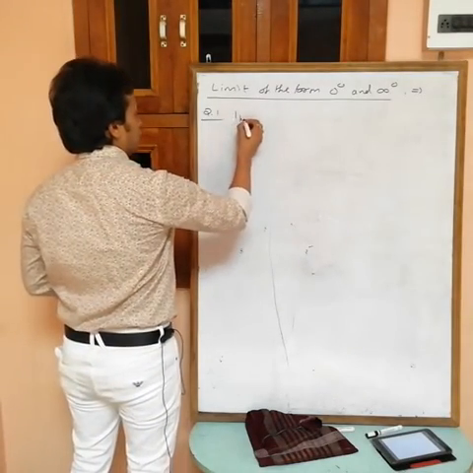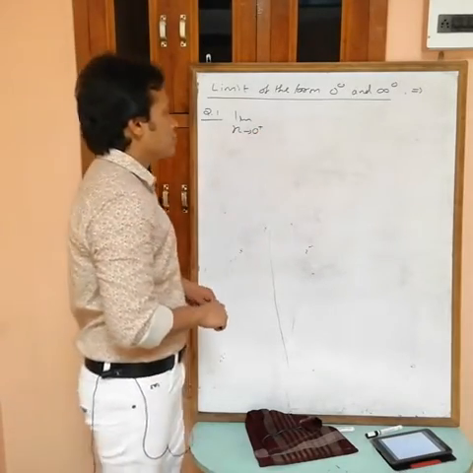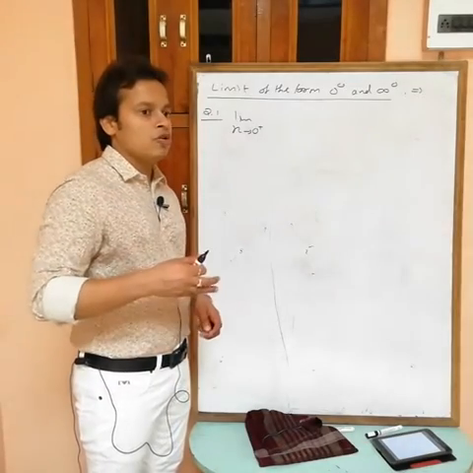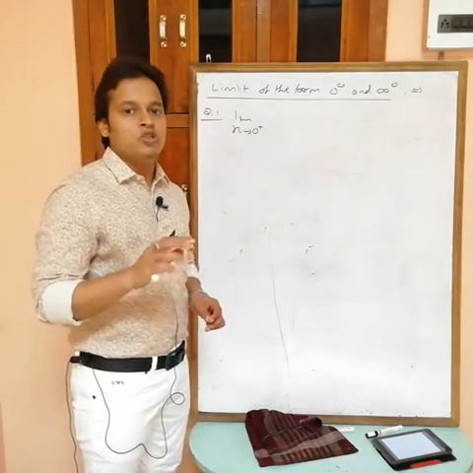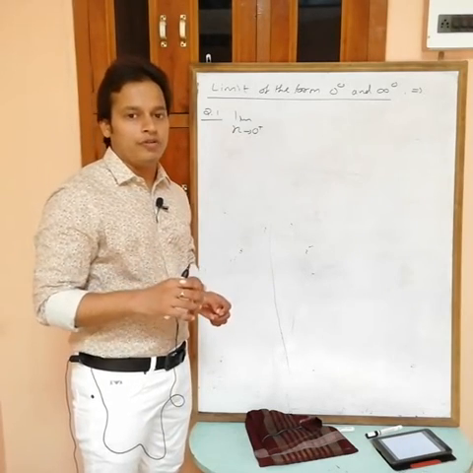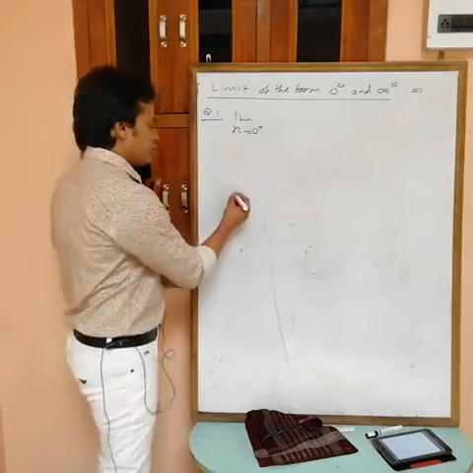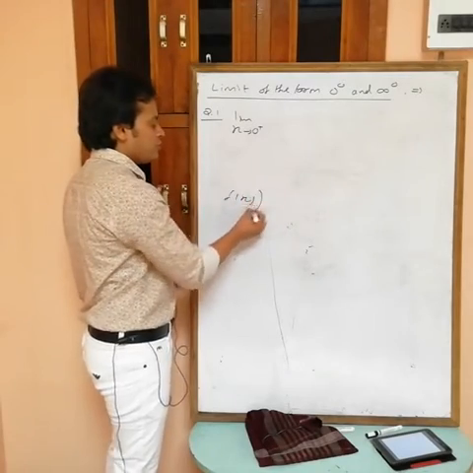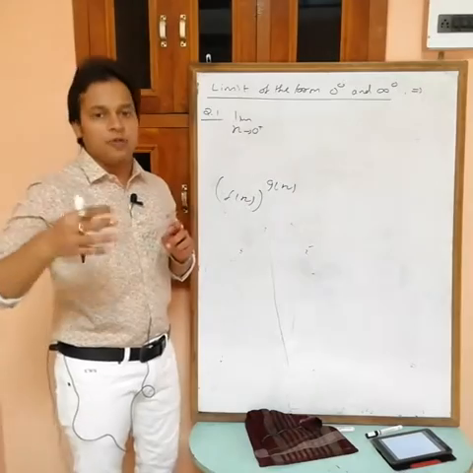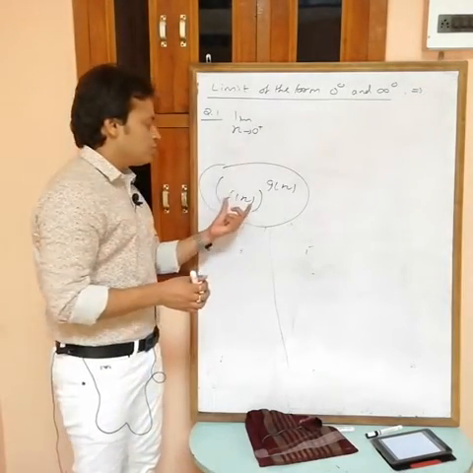Question number 1. Find limit x tending to 0 plus. In these types of questions, maximum time you will get limit as 0 plus or pi by 2 minus, it means one side, either LHL or RHL, because in maximum questions both are not defined. Only one is defined in maximum type of question. What is the reason? Because here we have function 0 power 0, it means you have something power something, always you will get function like f(x) power g(x). And we have a condition to define this function, that the base must be positive.